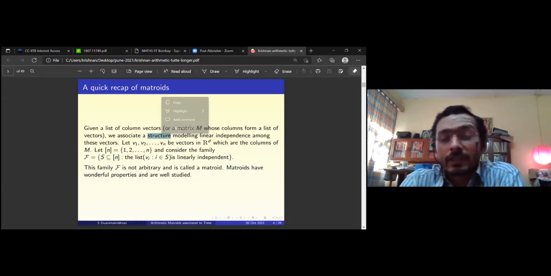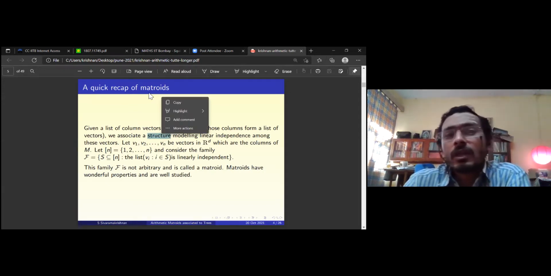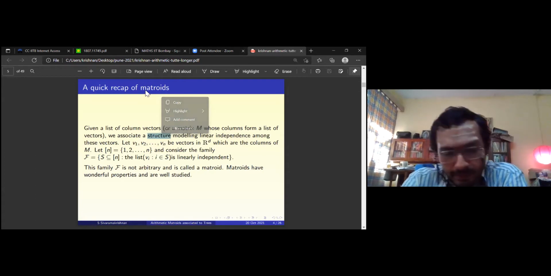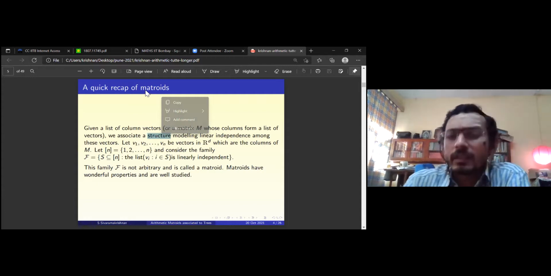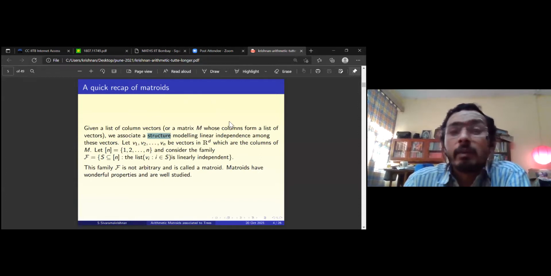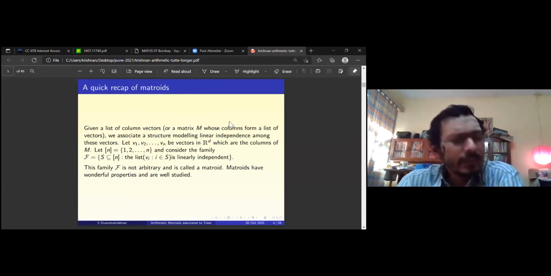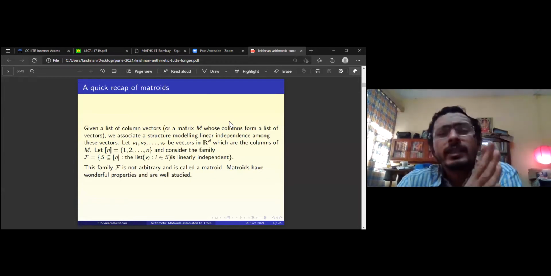So this is a standard thing that we do. This is basically a quick introduction to matroid theory. So matroids, if you study, I think I have a couple of references coming up, maybe on the next slide. I'll see. Yeah. So you can generally associate. So let's say you have one